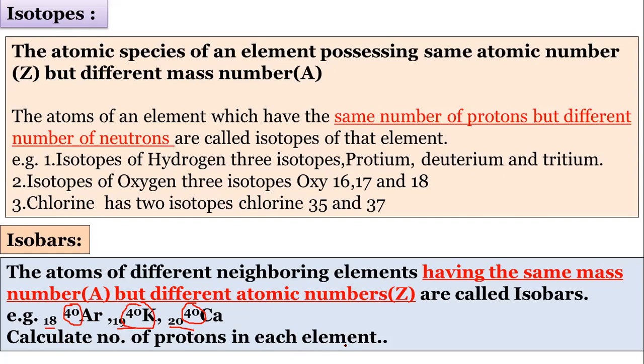Calculate the number of protons in each element. It is very easy. Argon 22, potassium 21. Protons